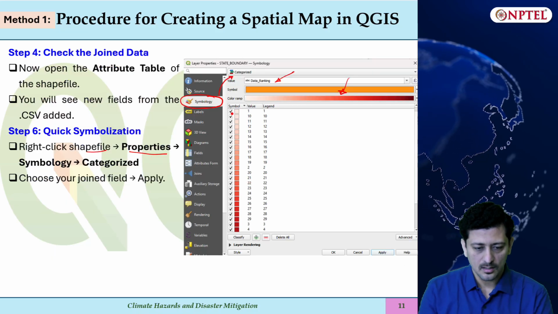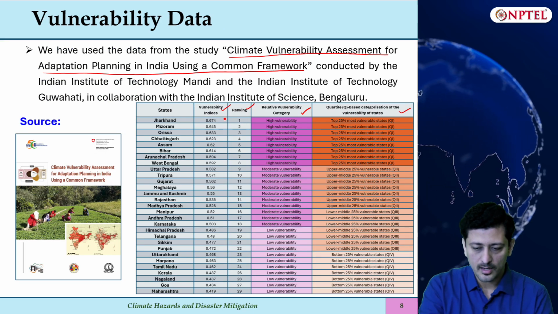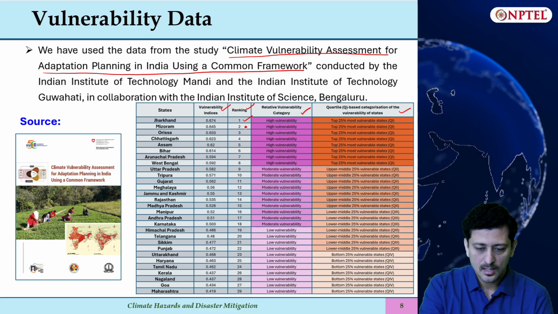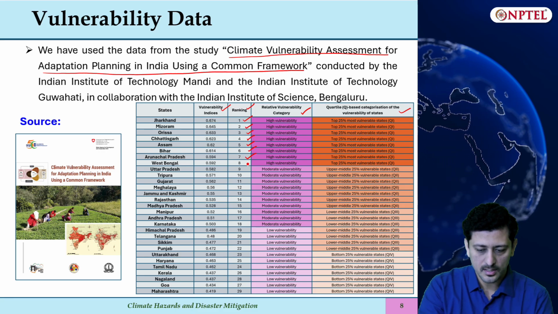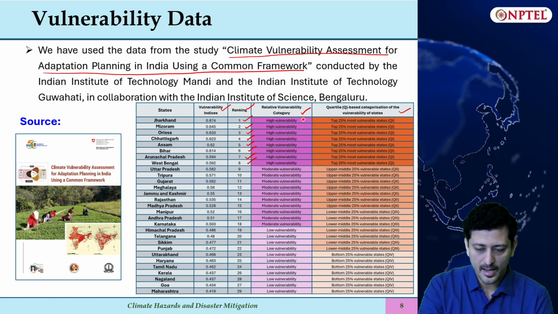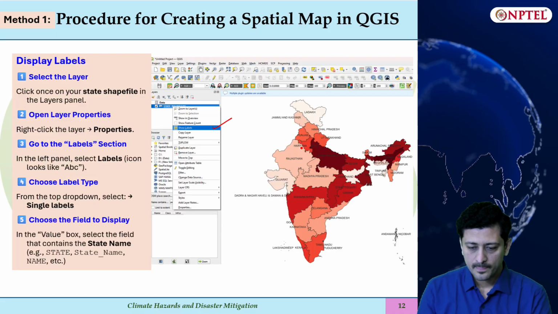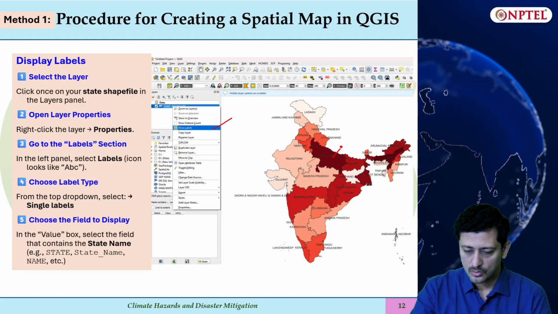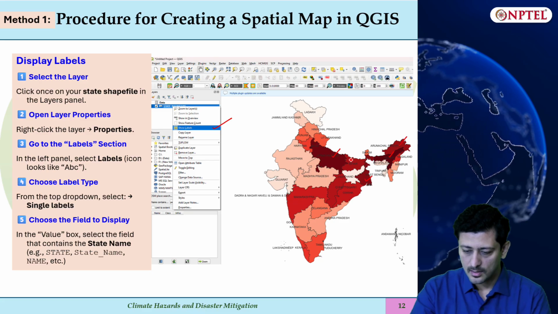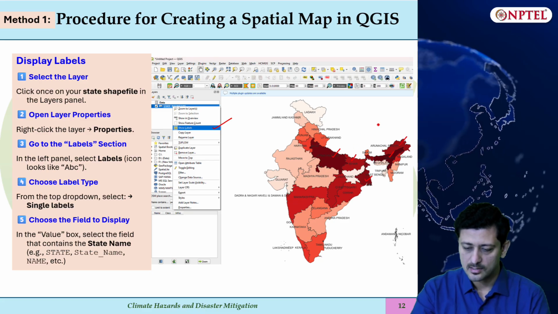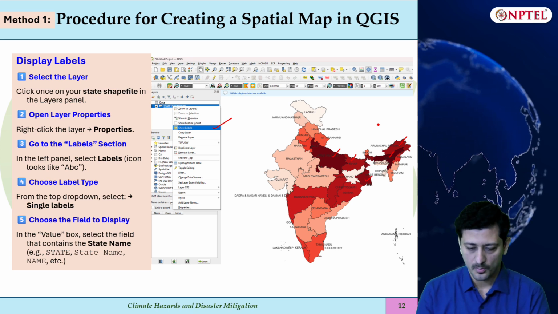So we can just go back and check what data was showing. You can see that vulnerable states like Jharkhand, Mizoram, Odisha, Assam, Chhattisgarh, Bihar and Arunachal Pradesh and UP, West Bengal, they are in higher vulnerability. So let us validate with our map. If we can see, yes, UP, West Bengal, Assam, then Arunachal Pradesh, Bihar, these are shown in darker red. So that is why we confirm that whatever we intend, that has been plotted properly.